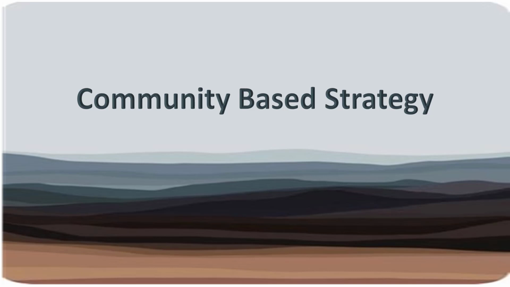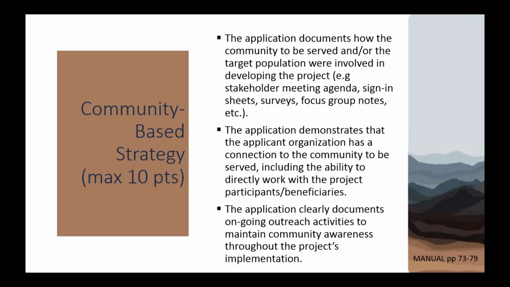The community-based strategy sub-criterion will emphasize how projects are designed around community-based priorities for self-sufficiency. Applications must describe their connection to their communities and how they intend to keep the communities updated on their projects. So the community-based strategy is worth a maximum of 10 points, and you can follow along in the training manual